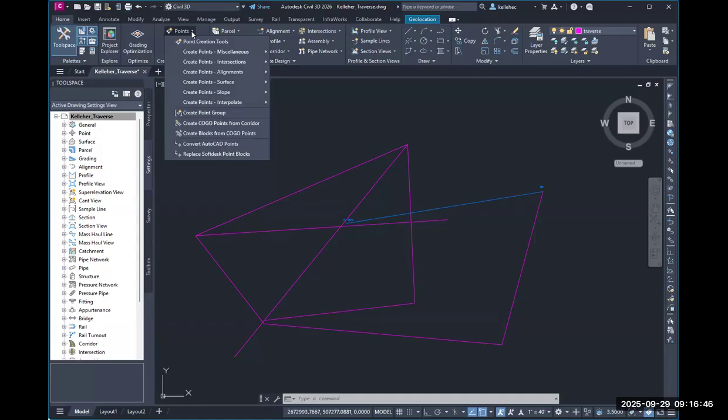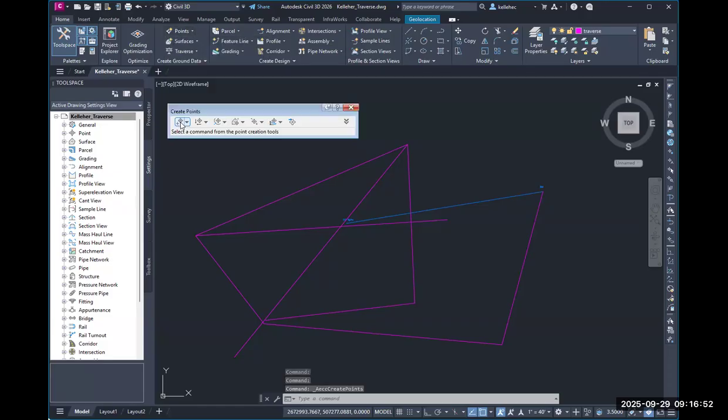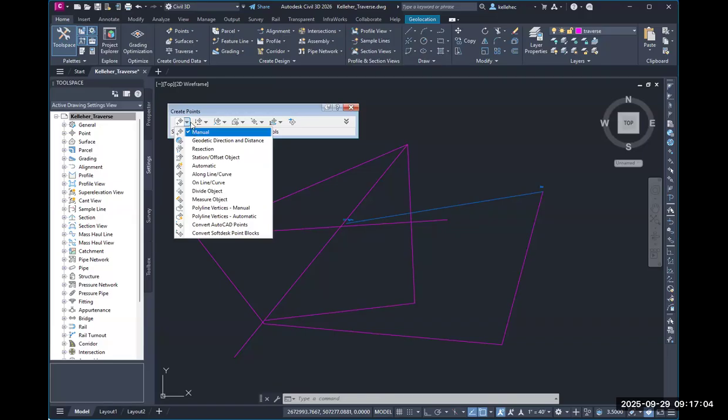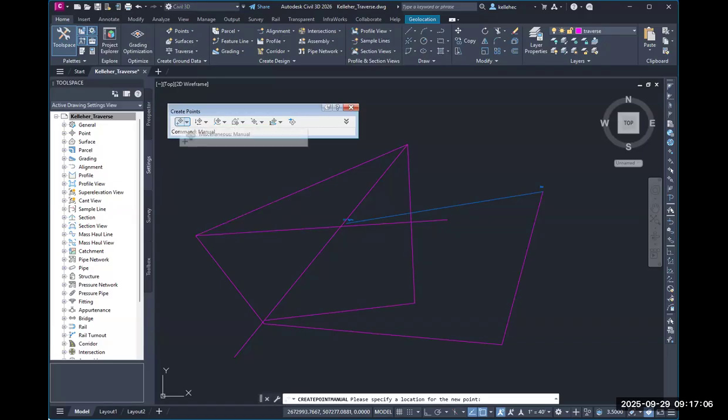So we have point creation tools. We're going to click on that, and that brings up this little menu. This is going to let us create points manually. So over here, if I hover, oh, it says I can create points manually. I could also create points other ways, but I don't need to do that. So what I want to do is